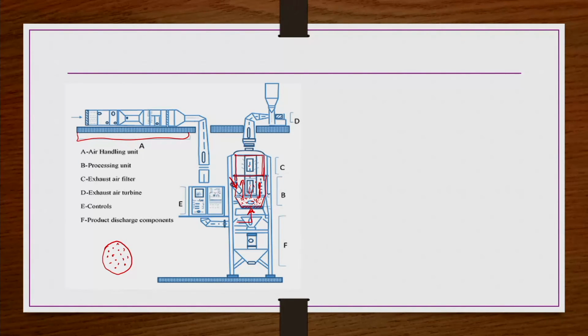So here what you do is, whatever particles are there, they will be taken to the cyclone separators or bag filters, where these particles are separated before the air is sent out, right? Those particles will be taken back, and this process may be continued further as a kind of recycle. And then after the granulation process is over, whatever granulated dried particles are there, they will be collected through the product discharge region from here.